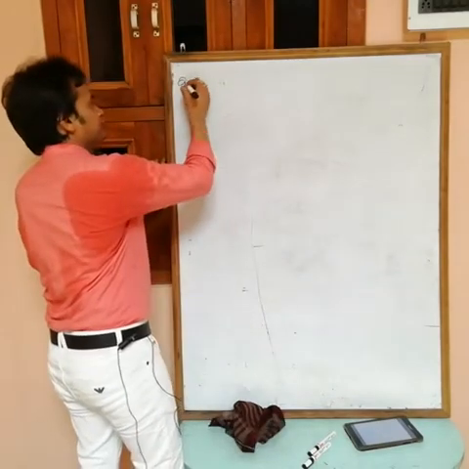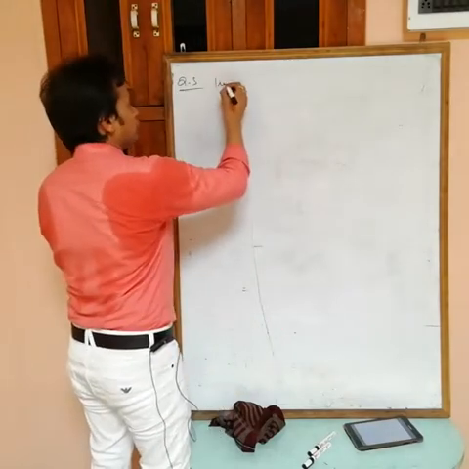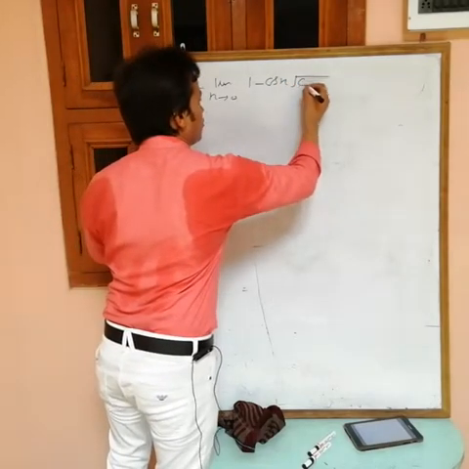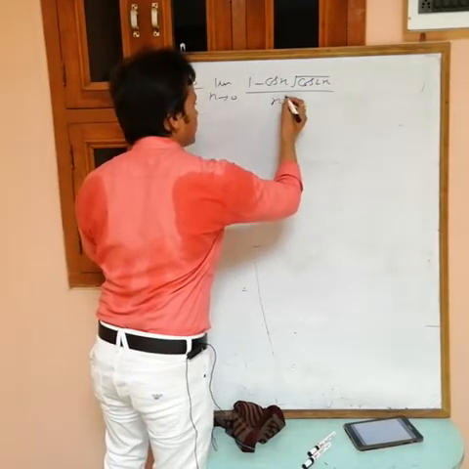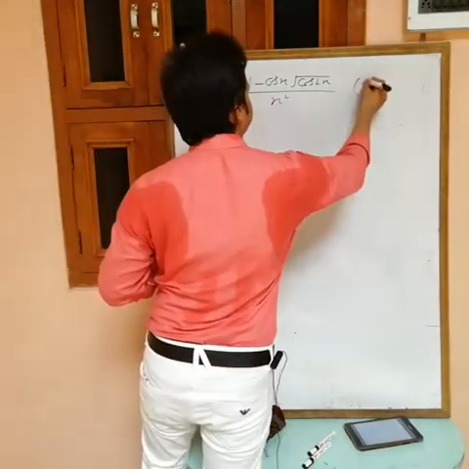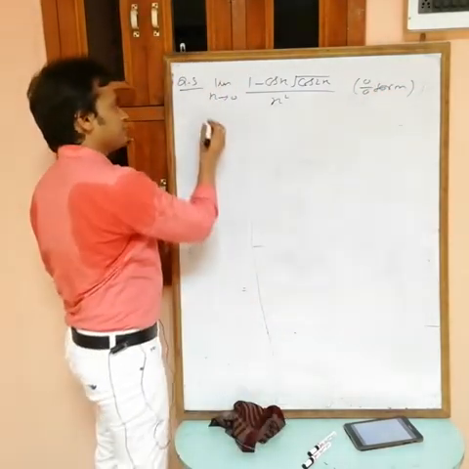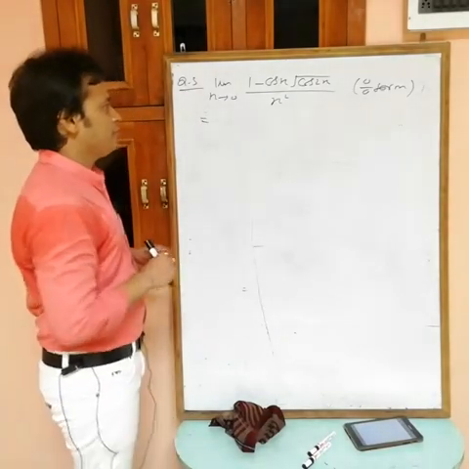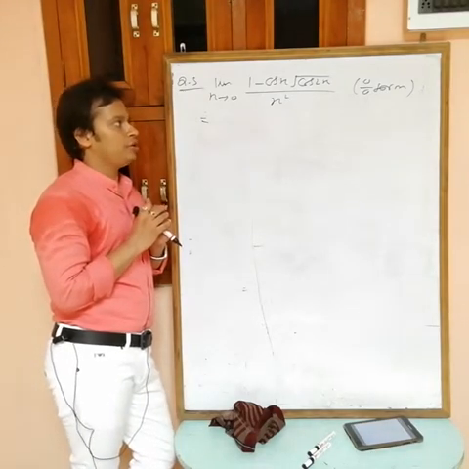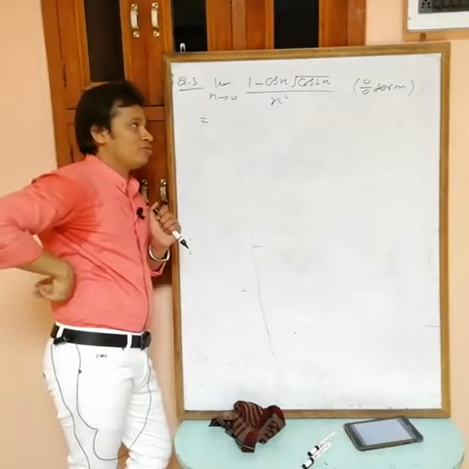Fifth one, limit x tending to 0, 1 minus cos x into root of cos 2x by x square. Okay, if you put x equals to 0, we are getting 0 by 0 form. It means directly we can't put the value of x. Okay, then simplify. How to simplify? If you know 1 minus cos x by x square, for that we have a limit, but there is not only 1 minus cos x now, and also we have multiplication with root cos 2x.